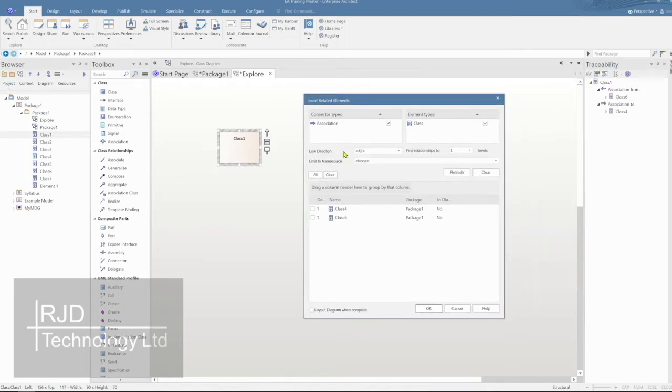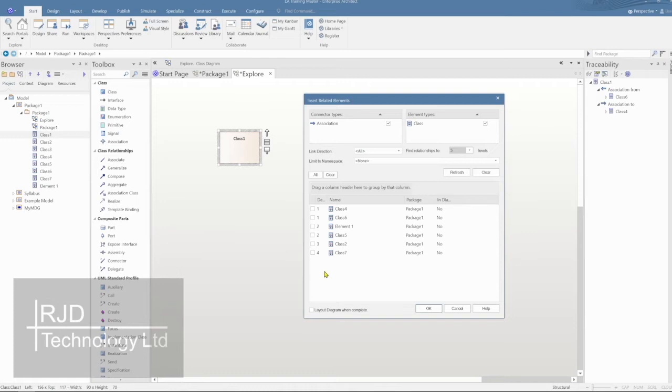Now I've only used associations so far, but you can filter by various existing relationships here. But it's showing that class 1 is somehow related to class 4 and class 6. But I can also go down multiple levels. So now I can see that class 1 is related to class 4 and 6. But another leap ahead, element 1 and 5 become involved, and class 5 become involved, then class 2, and then